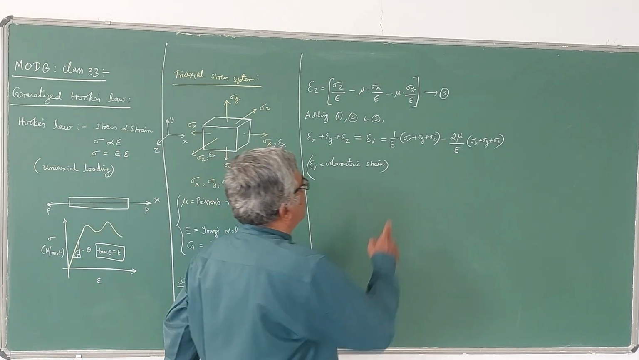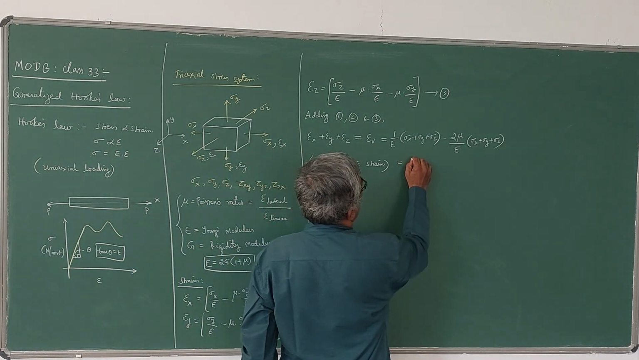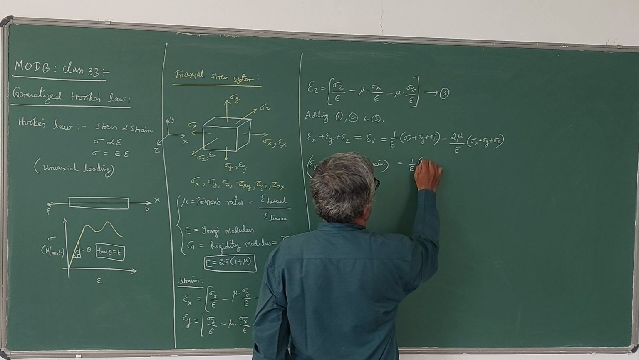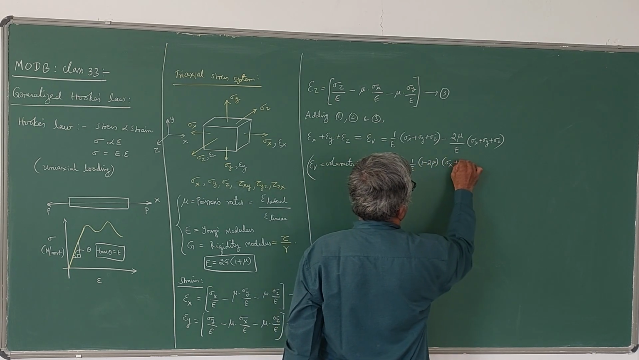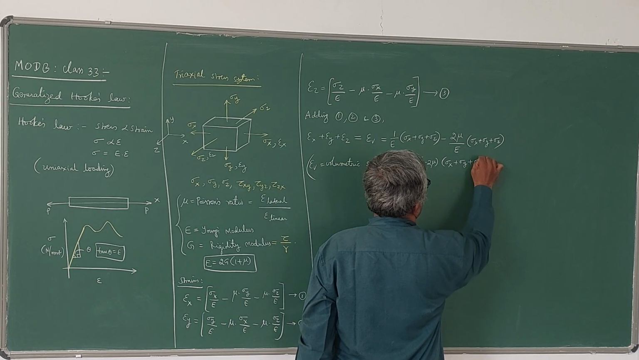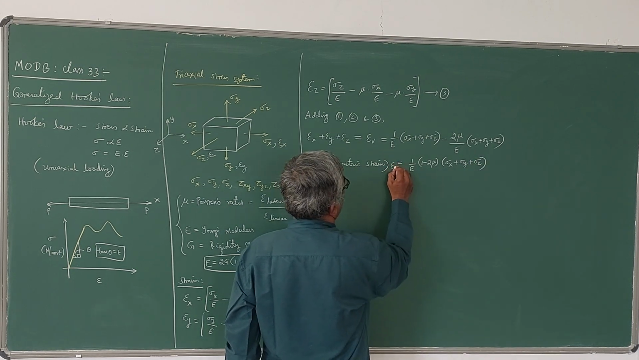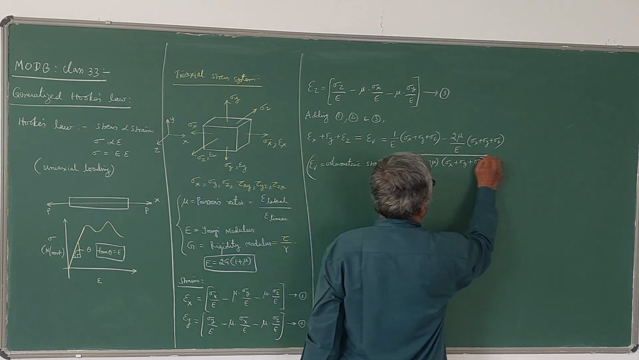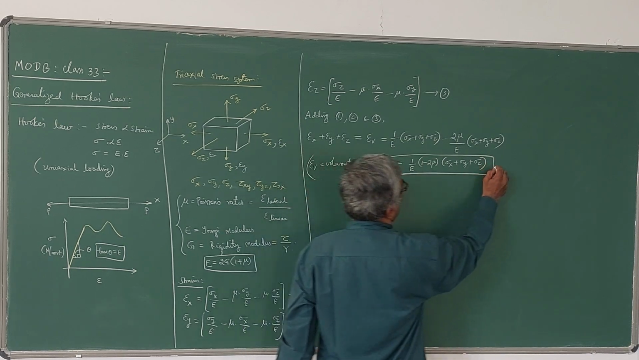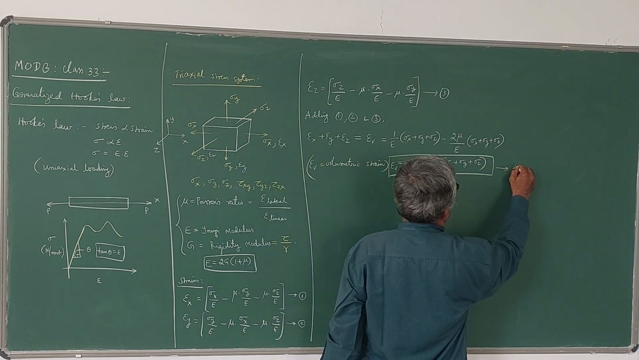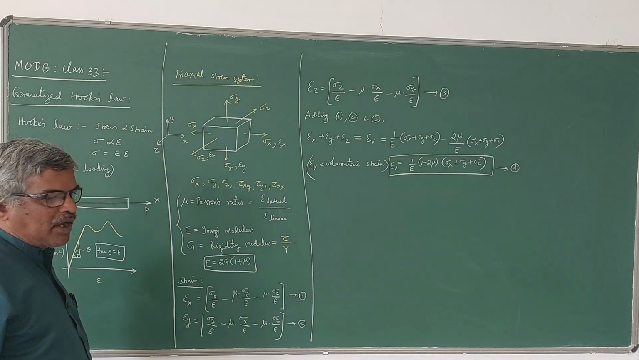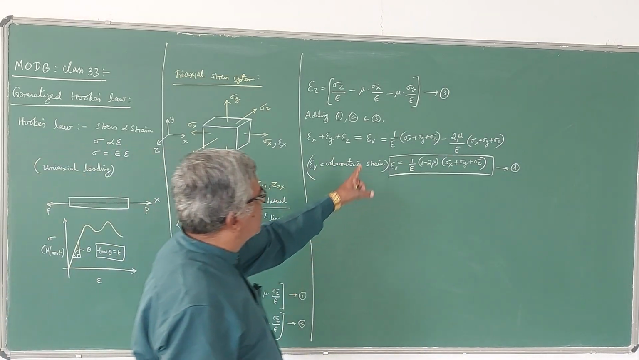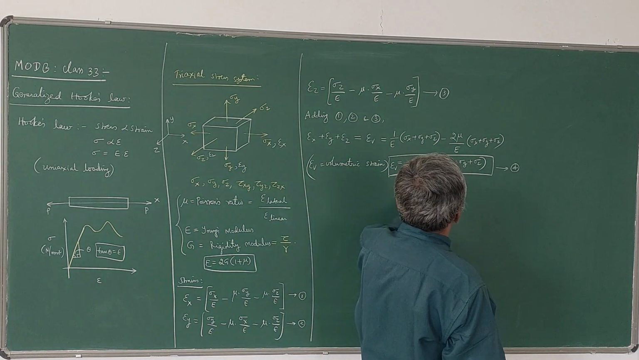So now once again I can take this 1 by E common. We will be left with 1 minus 2 mu into sigma x plus sigma y plus sigma z. So this is epsilon V. This is another important relation we got. We can take this as equation 4. So volumetric strain is given by 1 by E into 1 minus 2 mu, that is common here, into sigma x plus sigma y